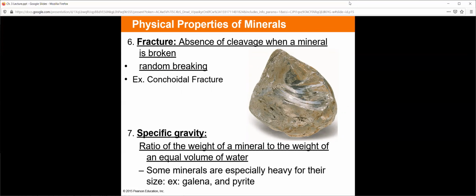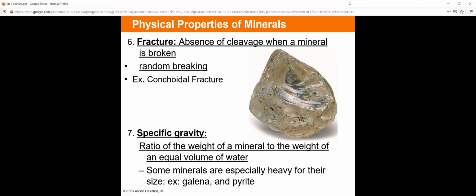Fracture. If a rock does not necessarily have a preferred cleavage plane, we call it having a fracturing. And again, fracturing is something that can be unique to the rock. Here we have an example of conchoidal fracturing, and these sort of look like someone ice cream scooped out a piece of the rock when it broke. That's something this rock will do. If you continue to break this rock, it's going to fracture in these semi-random events like that. So again, fracturing and cleavage define the same things. What cleavage says is we're going to do this geometrically, fracturing says we're not going to do this geometrically.